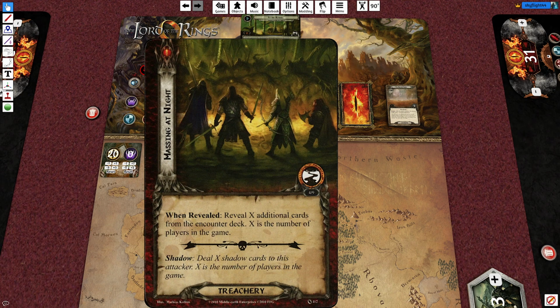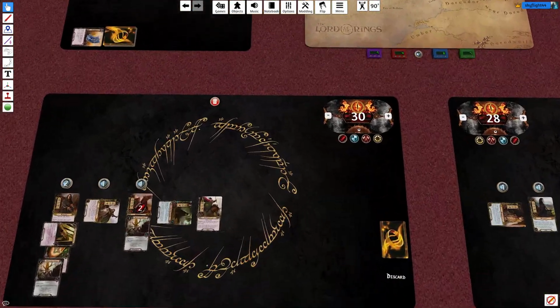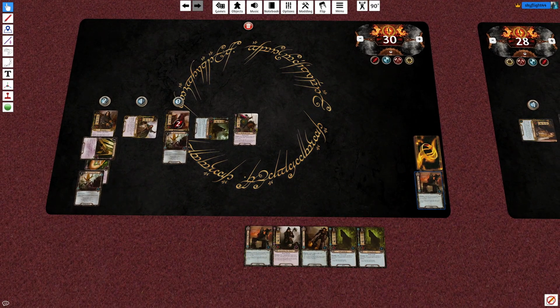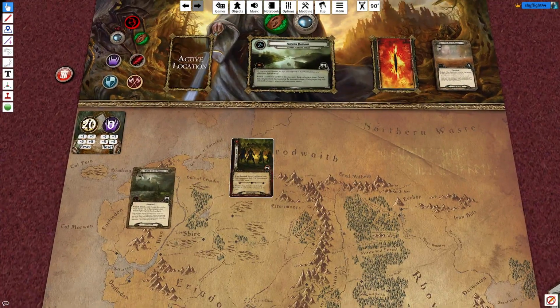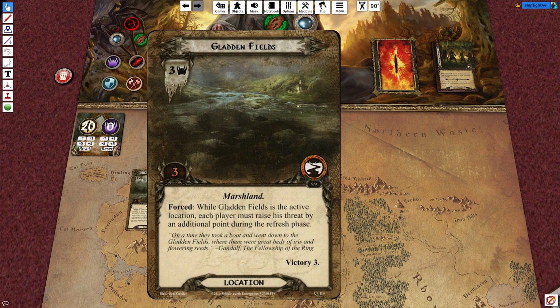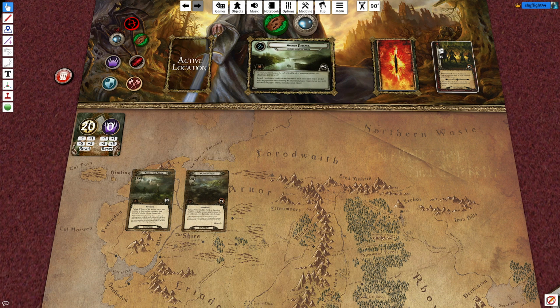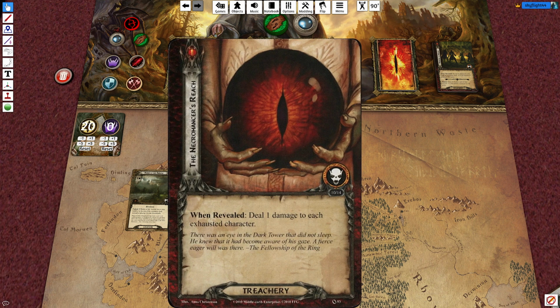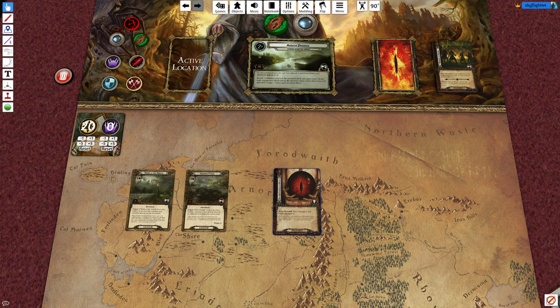Massing at Night. Okay, when revealed, reveal X additional cards from the encounter deck. X is the number of players in the game. Yeah, not doing that. Test of Will. So that is 2. 3 gets killed off by Thalin. 4, Gladden Fields. That's nice. 5, Necromancer's Reach. Okay, so,